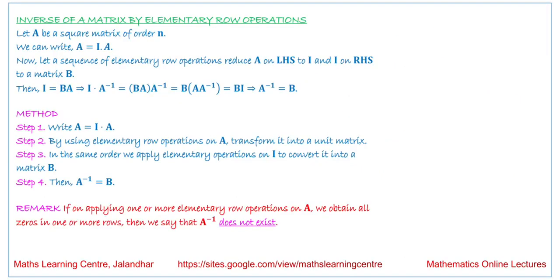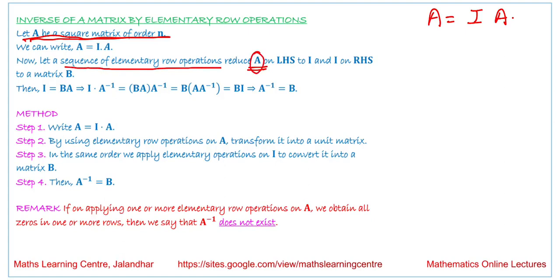Next is inverse of a matrix by elementary row operations. Now suppose a square matrix of order n is given. We are saying A is any square matrix of order n. Then we can write A is equal to I into A. Now by a sequence of elementary row operations, we reduce this A on the left hand side to I,